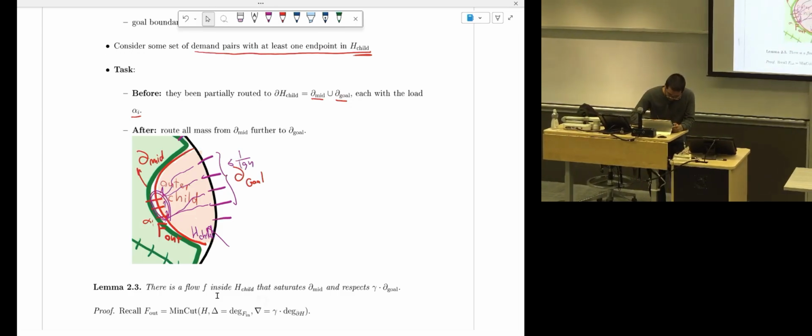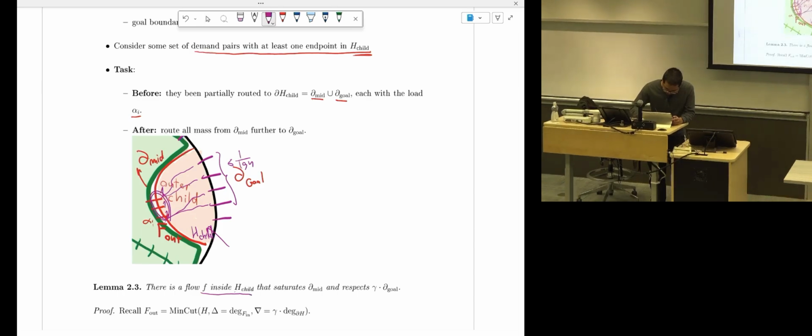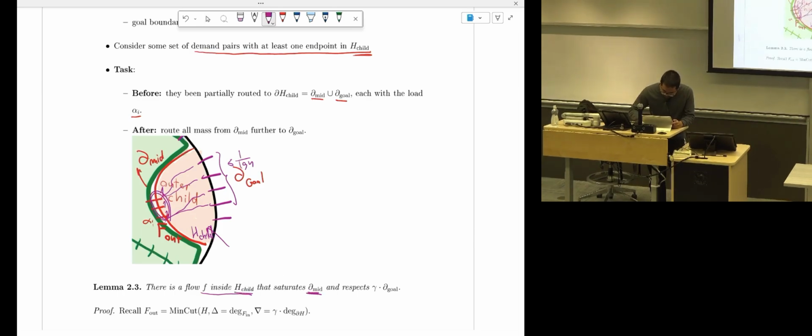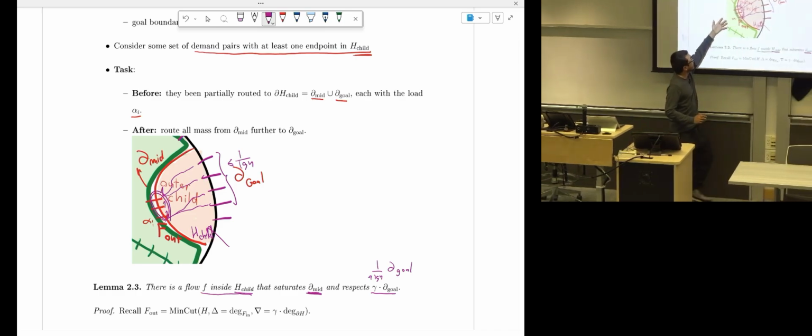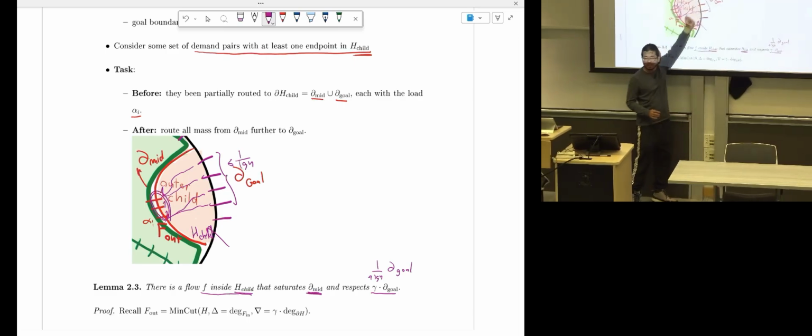So there is this flow inside the outer child that saturates the midway battery and respects 1 over log. And if I just forward it to the goal,